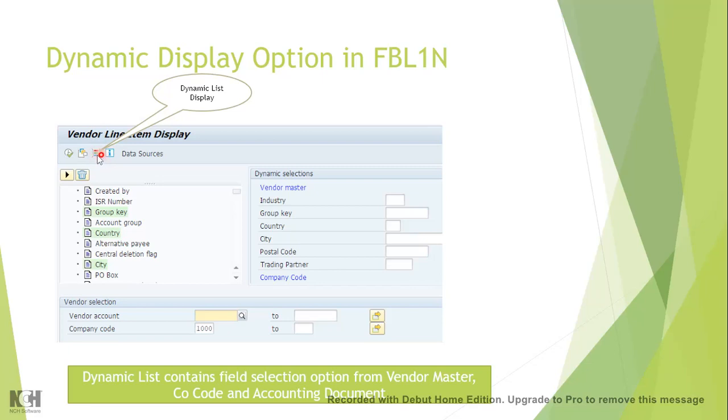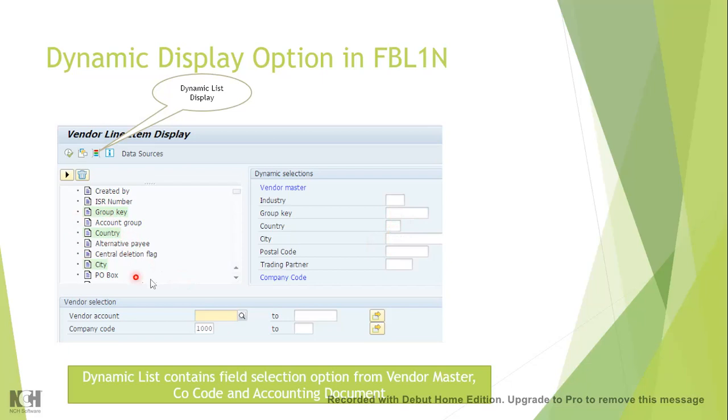This field gives you further control to do more in-depth analysis. For example, you may want to see vendors in a particular country or in a particular city. Using this dynamic display, you can select the field and move it to the right side. Once it comes to the right side, you can give a restriction, and the system will display values only for those fields which have been inputted here.